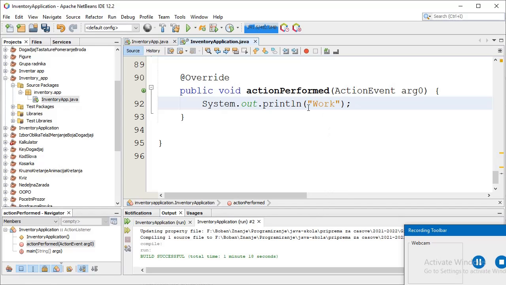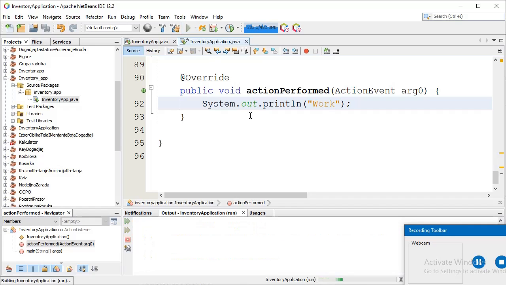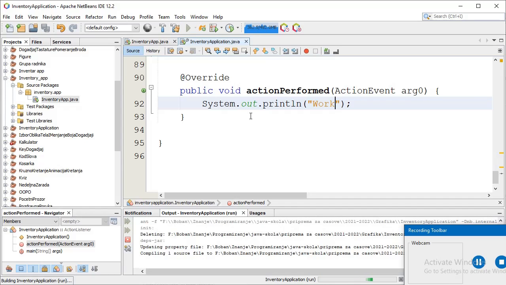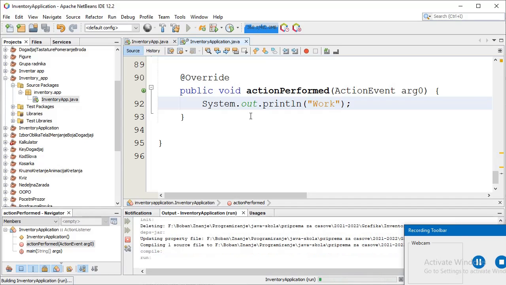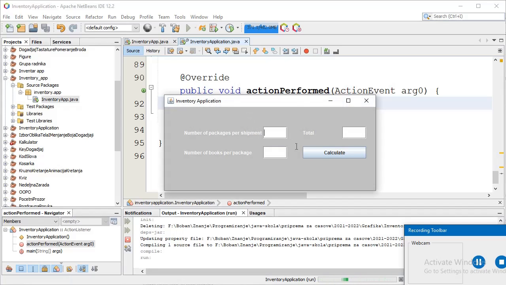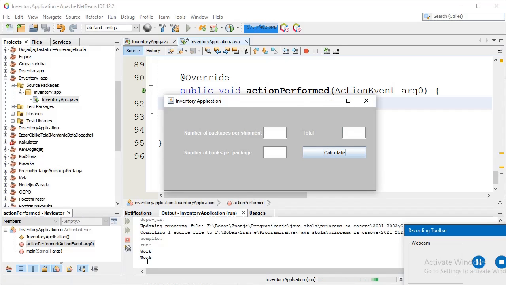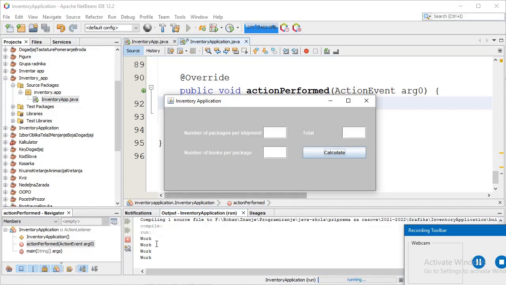Okay. To check if that actionPerformed method works, I will click on the button. That's it. You can see that this text is written when I click on the button.